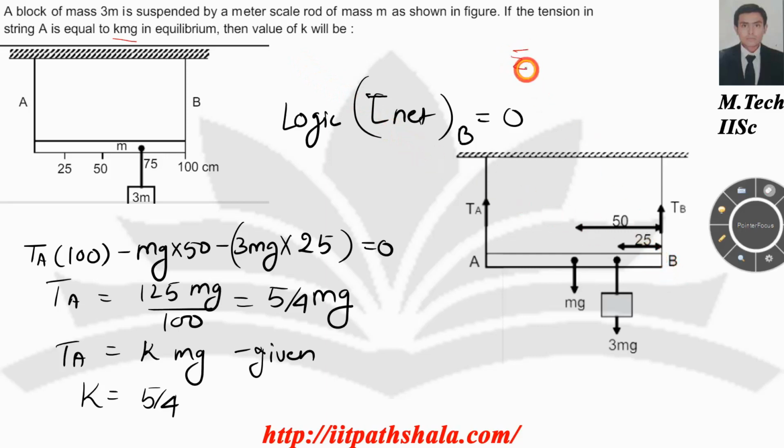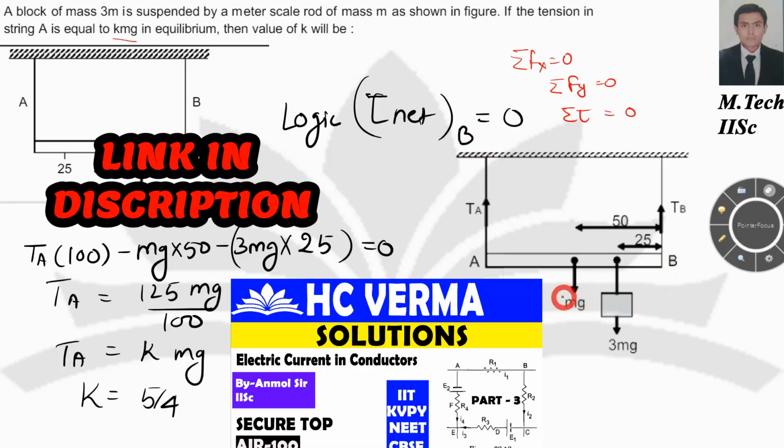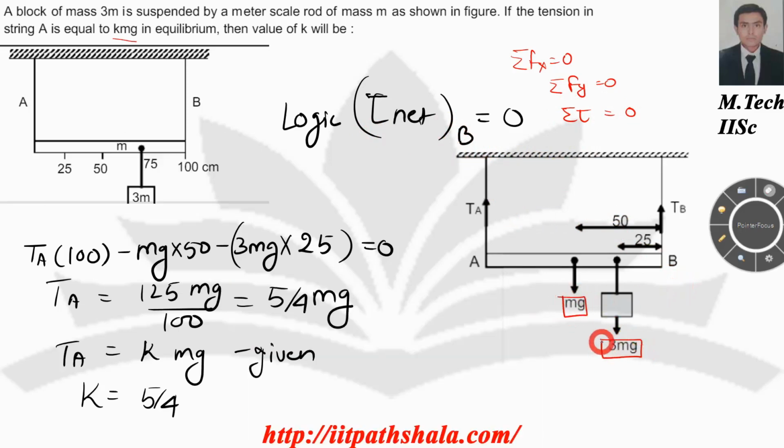We know the conditions of equilibrium: Fx equal to 0, Fy equal to 0, and net tau at any point equal to 0. After which you can find the tau at point B due to the following forces: mg, the hanging weight 3mg, and the tension Ta. At point B, as you can see, tension B will bypass the moment because there is no distance. It can have tau equal to r into F.